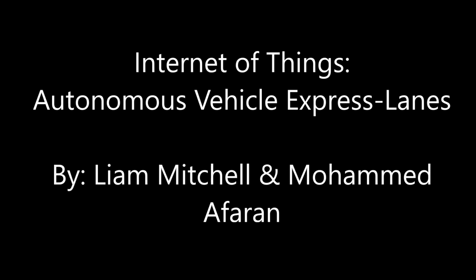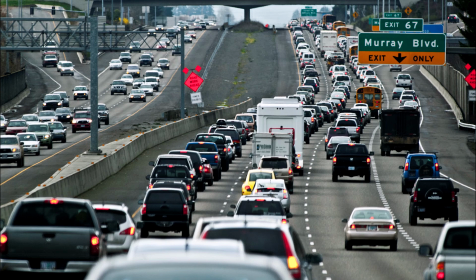Hello, welcome. Our project was on the Internet of Things Autonomous Vehicle Express Lanes and was created by Leah Mitchell and Mohammed Afaran. To give you a brief overview of what exactly express lanes are, I'll start with an example